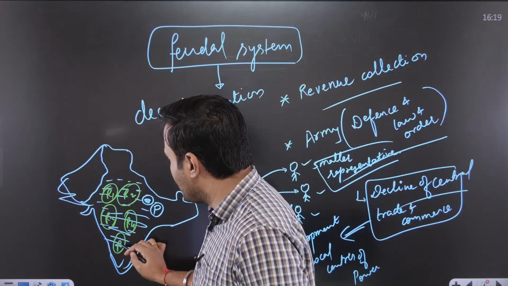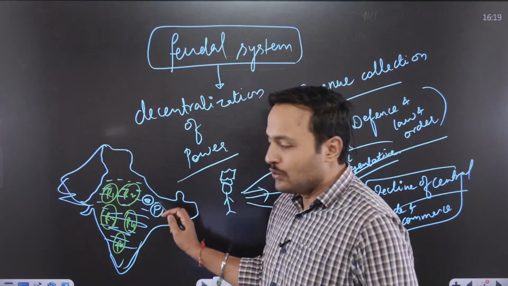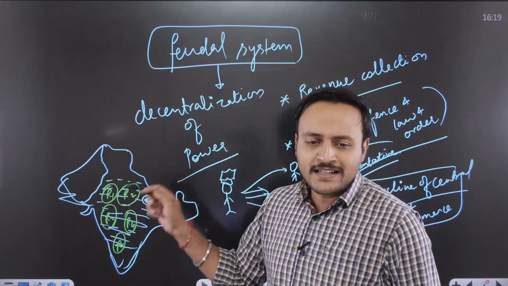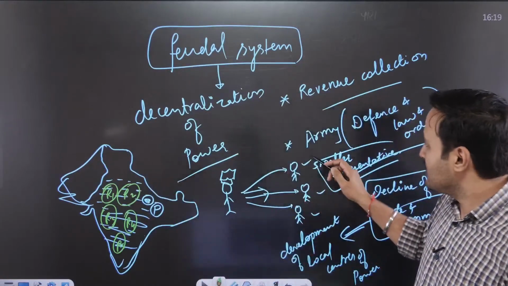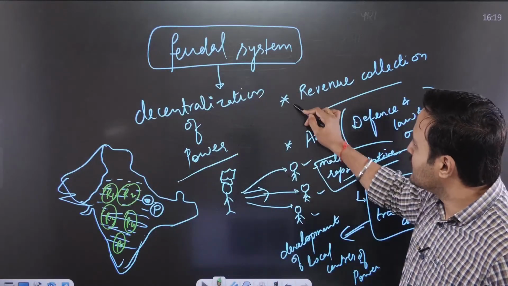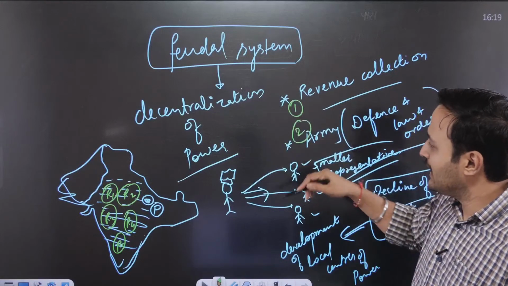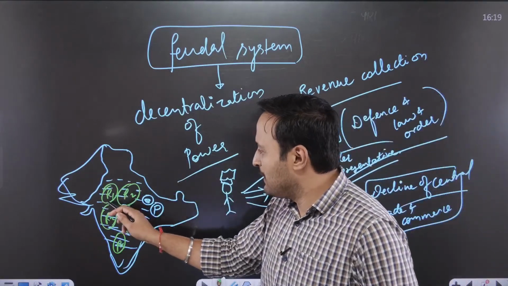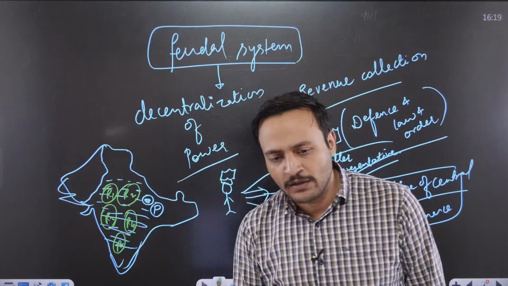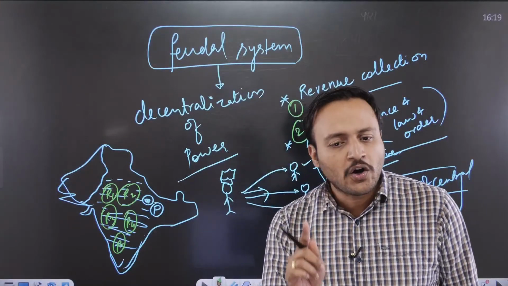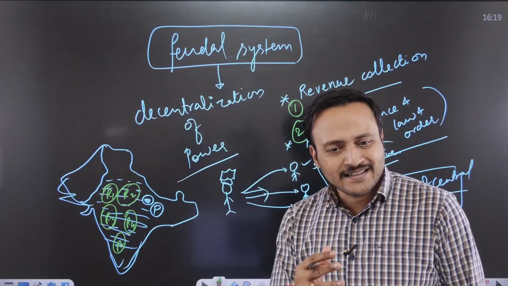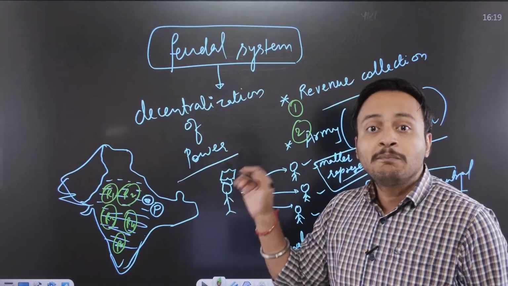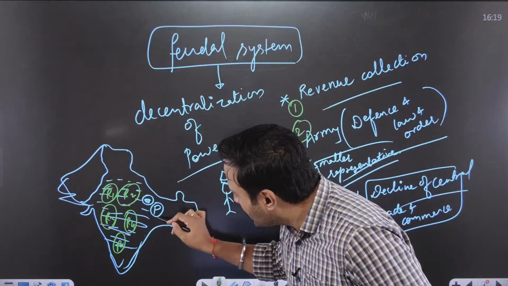I hope you understand the point that this ruler P delegated his powers. Which powers? These two powers only were delegated to distinct people R1, R2, R3, R4, R5. These people got the power to govern and to collect the taxes, and they were reporting to the central authority,